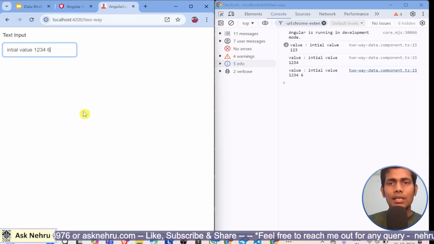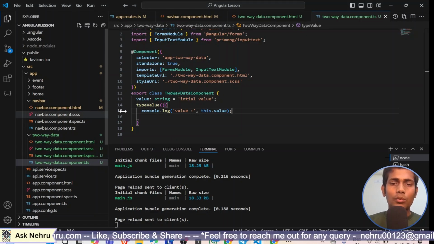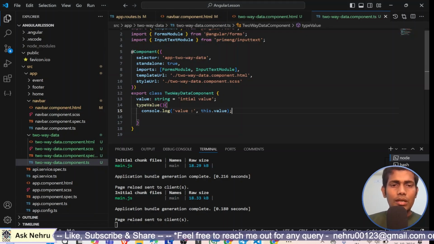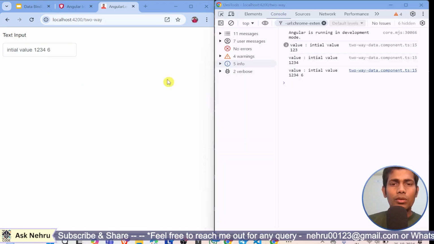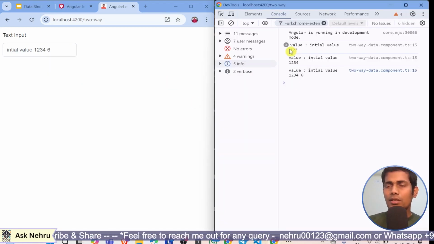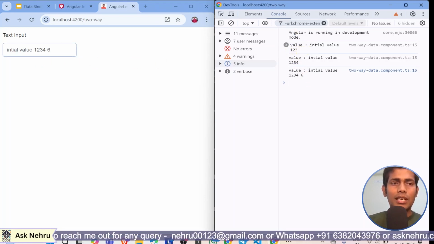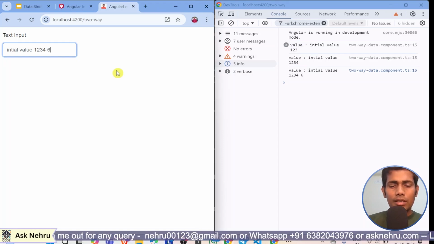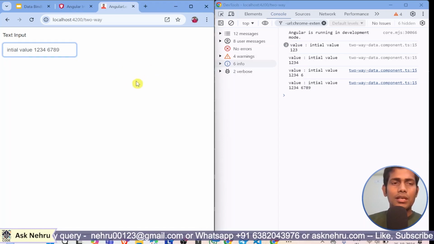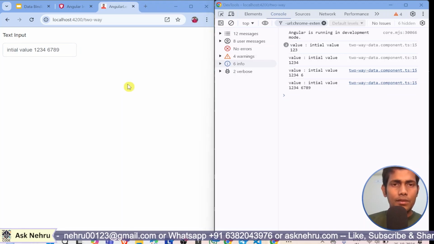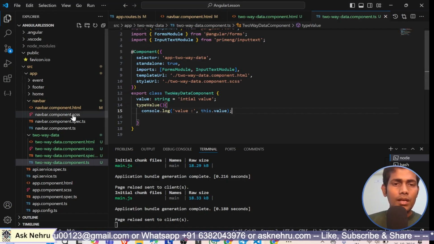The same thing we can implement with other elements, but before that I want to explain one more thing. Here you might have noticed one more scenario: the value is typed 2 times, I mean it is triggered 2 times. This is really an issue, because I typed 1 2 3, but it is throwing some additional things. In order to avoid that,